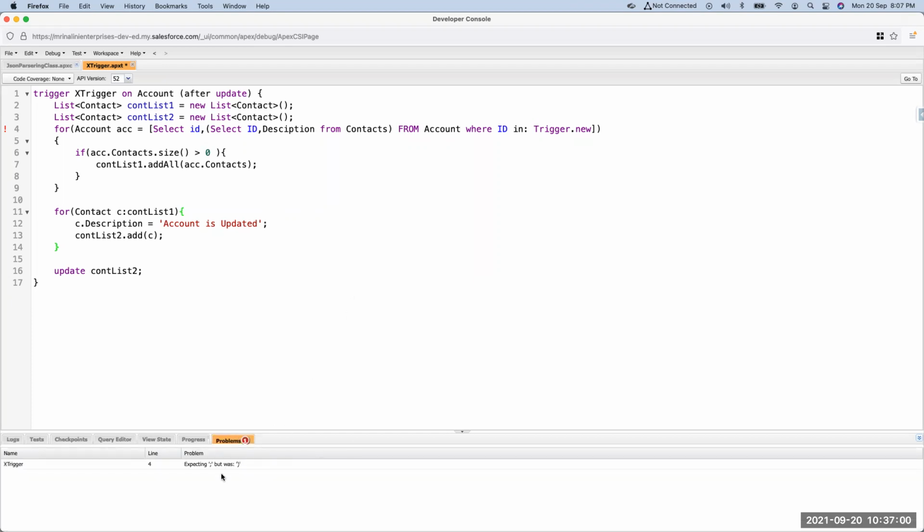There's some problem. Line number 4 is expecting a semicolon. Okay. No. Here. Bracket, colon, bracket. Which bracket is missing? Let me see. There is some syntax error here. I'm just trying to diagnose it. Just a moment.